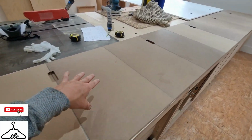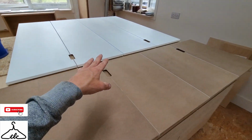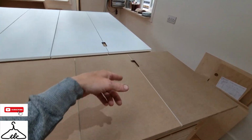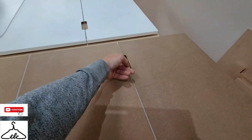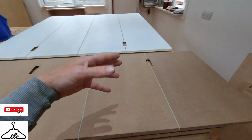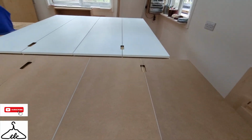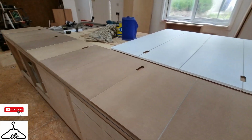All that needs to be done is sanding those little sharp edges off, and then I will most likely bring them back into the spray room and spray the insides. If that doesn't work, I'm going to just get a brush in there and brush some primer in there, but I'm sure the spray will get in there nicely to prime them up. These are going to need 4 coats at least, both sides anyway,